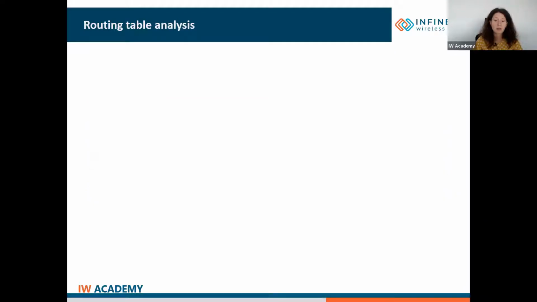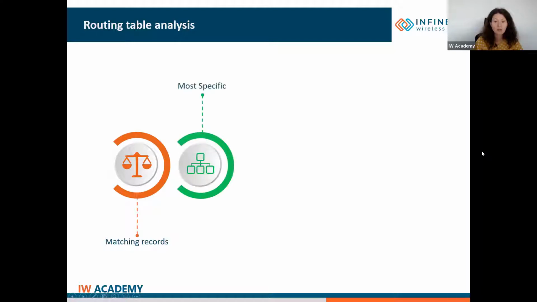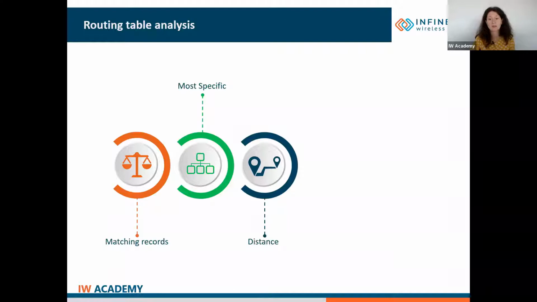The routing table analysis is performed in the following order. First, the destination IP address is checked if it belongs to any of the networks in the routing table. Among the found entries, the most specific route is used, meaning the network address that best matches with the destination IP address. If the subnet masks are equal for the selected entries, the distance parameter is analyzed.